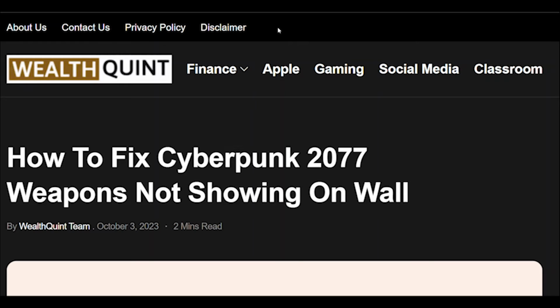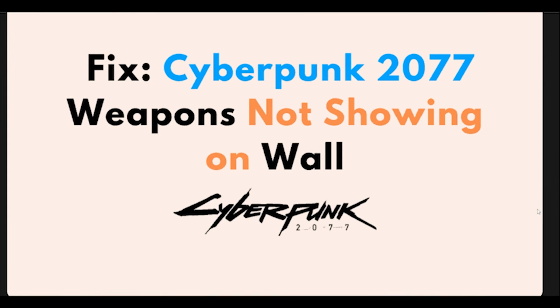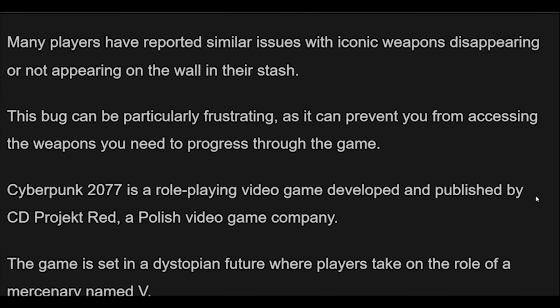How to fix Cyberpunk 2077 weapons not showing on wall. Are you experiencing a frustrating issue with Cyberpunk 2077 where your weapons are not showing up in your inventory or on the wall in your stash? You're not alone. Many players have reported similar issues with iconic weapons disappearing or not appearing on the wall in their stash. This bug can be particularly frustrating, as it can prevent you from accessing the weapons you need to